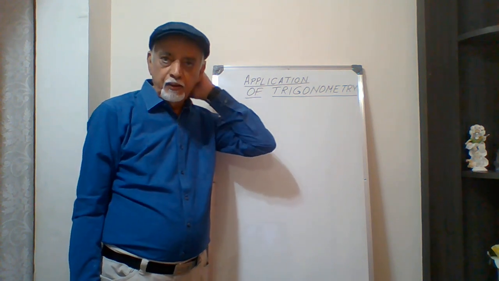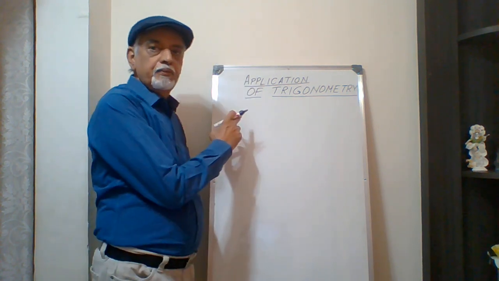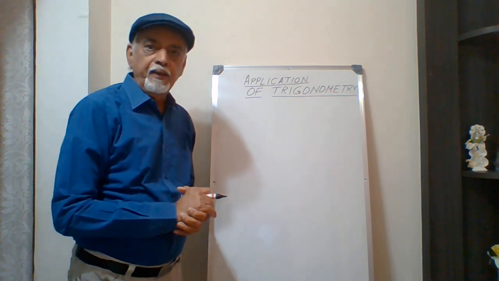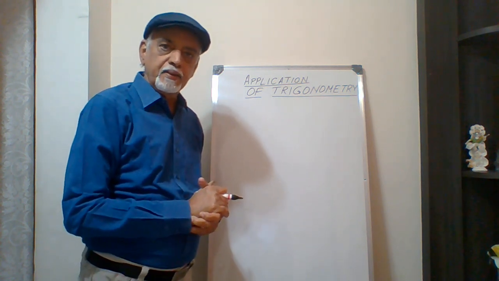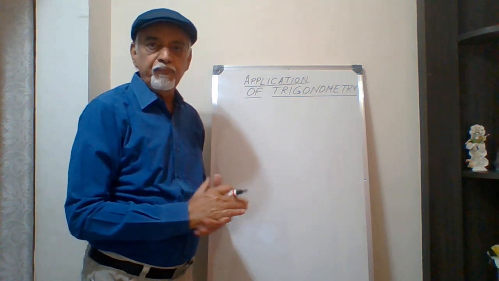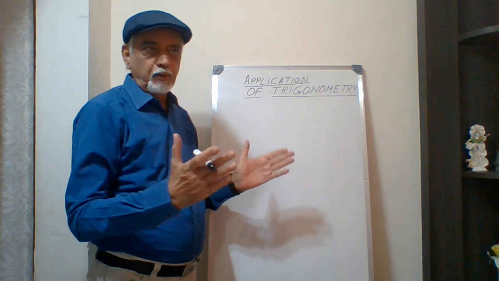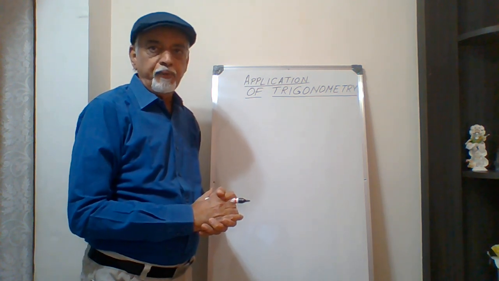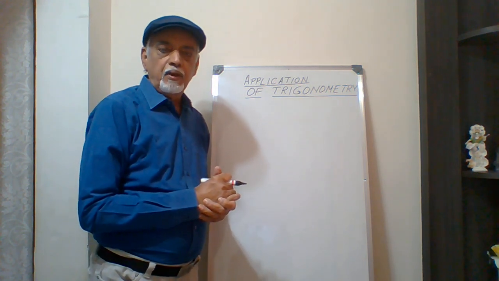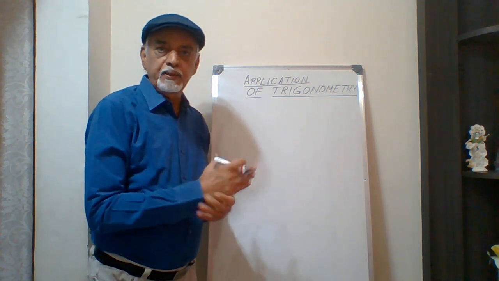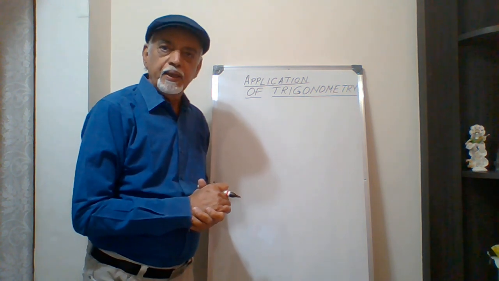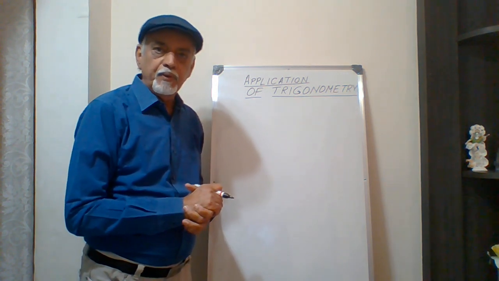Today I'll be talking on the application of trigonometry. As I told you in the very beginning, trigonometry will help us in finding heights and distances: heights of mountains, the width of a river, the distance between the roads of two houses. We can also find the speed of an aeroplane moving in the sky, how fast a steamer is approaching the bank of the river, how fast a car is moving. All these we can do with the help of trigonometry, what we have learned so far.